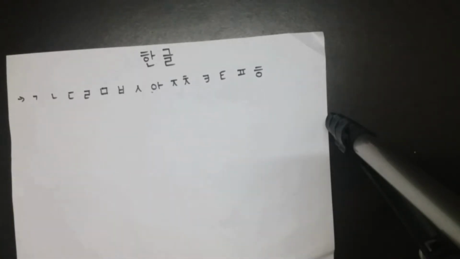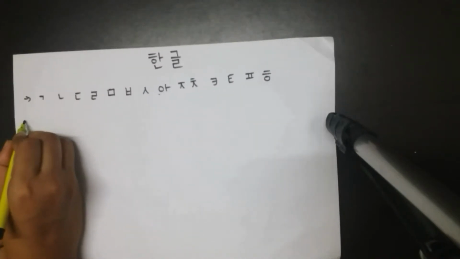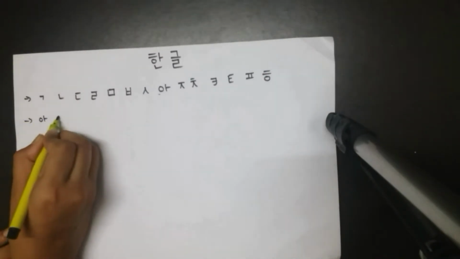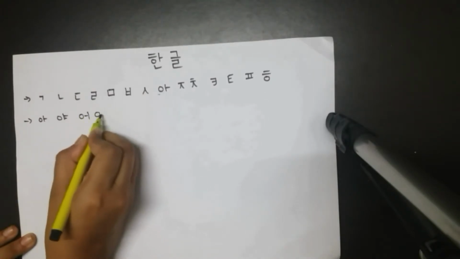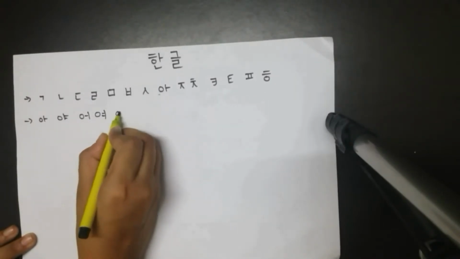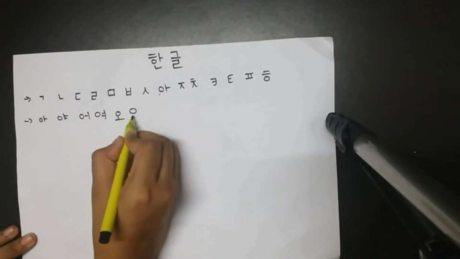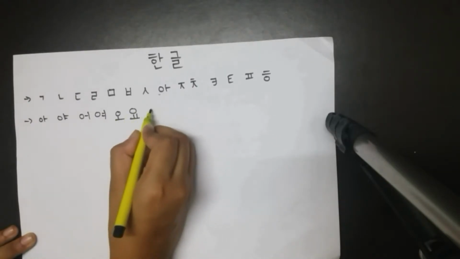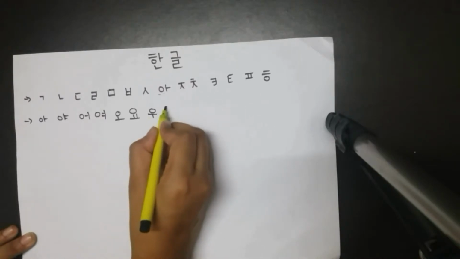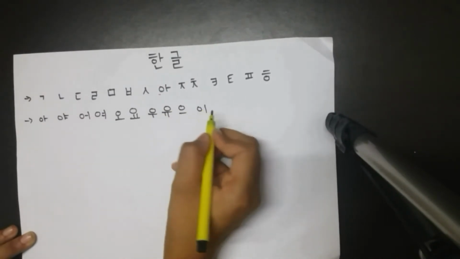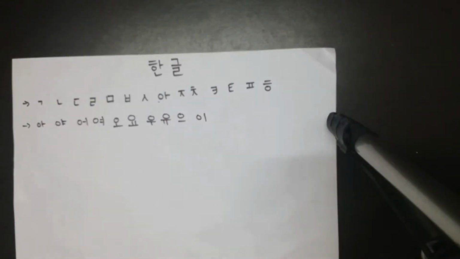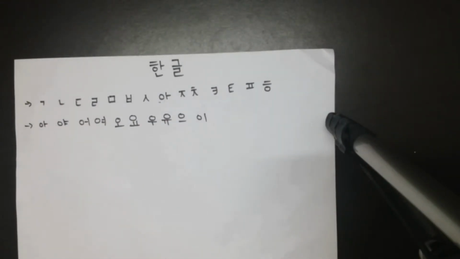and here there are 10 basic vowels, and they are ya, o, yo, o, yo. These are the 10 basic vowels, and in this video, as I told you before, we are going to cover